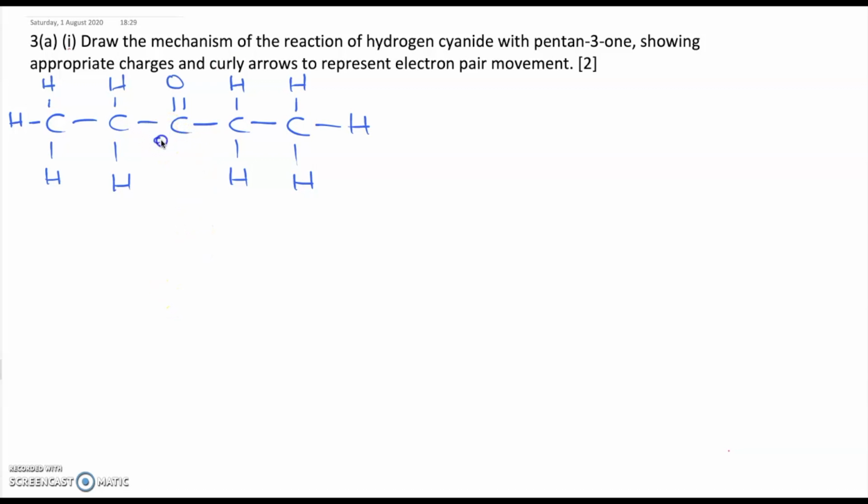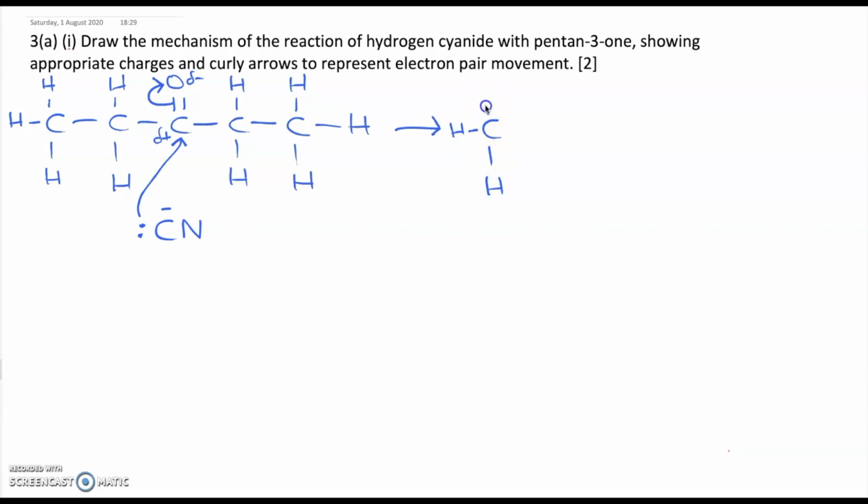Now I'm going to put in the dipole on the CO, the delta plus carbon, delta minus oxygen, and then I'm going to draw in my nucleophile, which is CN minus, and I'm going to put a pair of electrons on the carbon and a minus charge on this carbon, and the pair of electrons attack the delta plus carbon, so I've indicated that with a double-headed arrow, and then the double bond breaks and a pair of electrons go onto the oxygen, and then I draw my intermediate, and my intermediate is going to be CH3